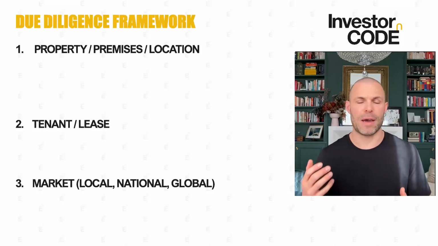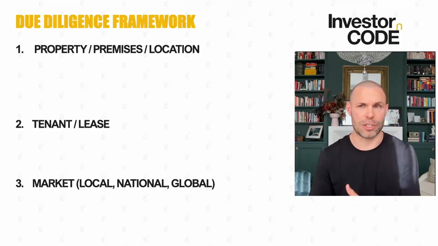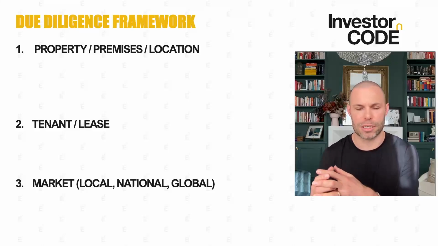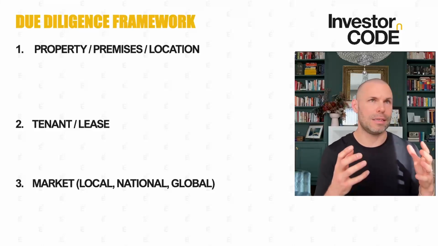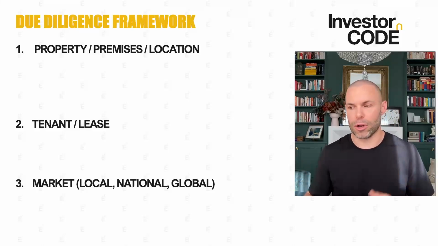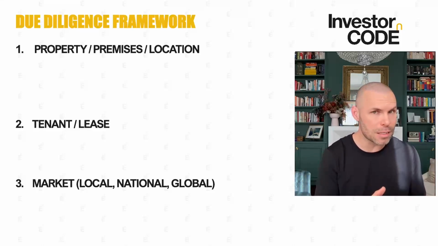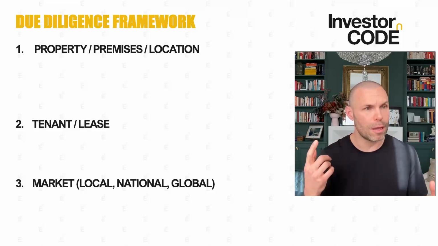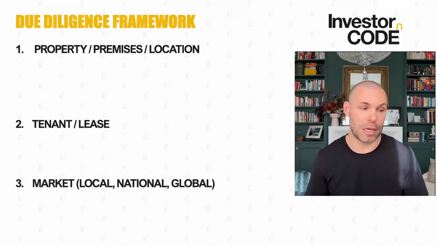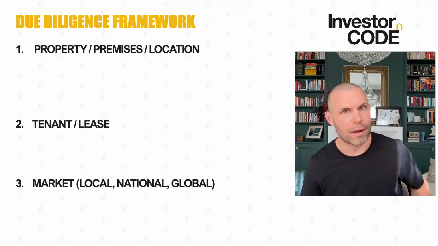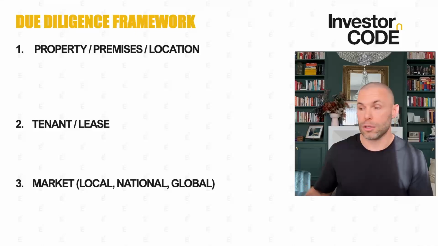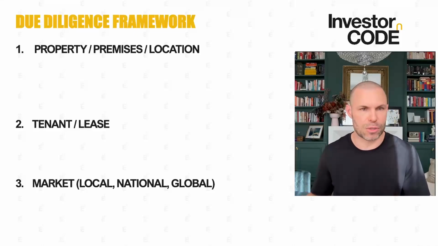Firstly, you want to know about the property, the premises, and location. And I put those 3 together because the property is, we use the word, I'm going to buy that property. But really what we're talking about is a premises, which is 4 walls and a roof, and sometimes a few other bits and pieces. Maybe there's some cold storage, or there's a veranda, or there's something underground, or there might be fuel tanks underground if it's a petrol station.